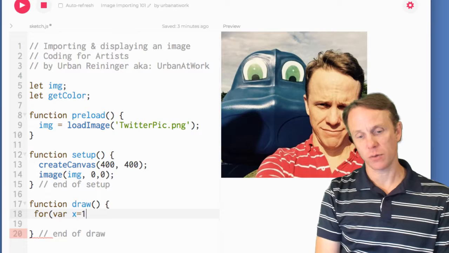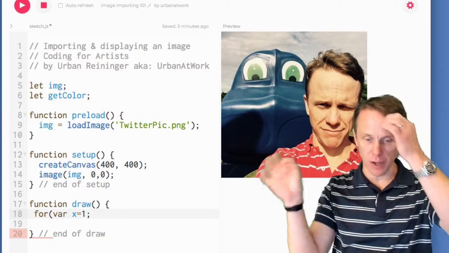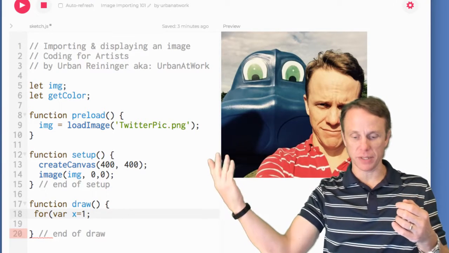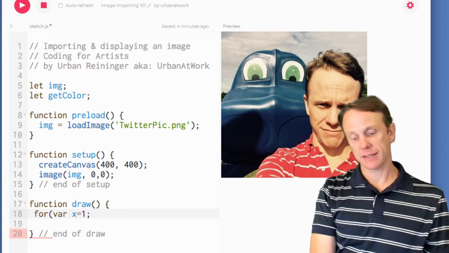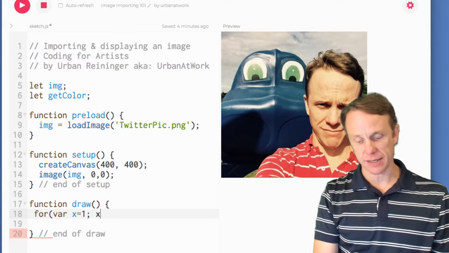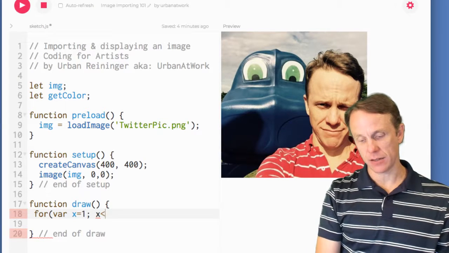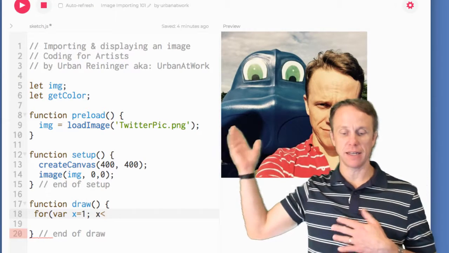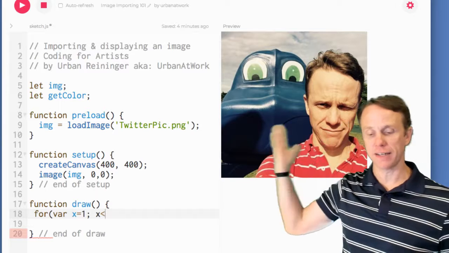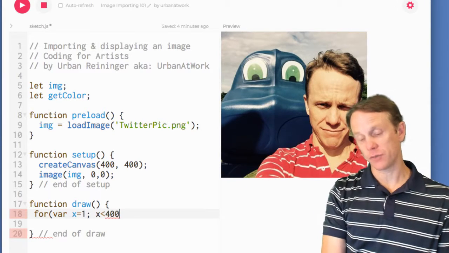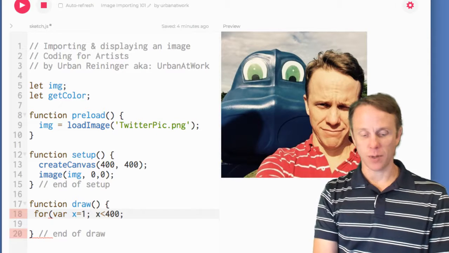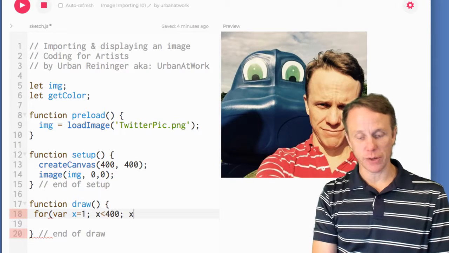Let's do x equals 1, because that way it's actually on the screen. If I pick 0, then it samples something there. It's going to be black. So x equals 1, and then I'll say as long as x is less than the width of whatever my screen is or what my image is. In this case, I know it's 400, so I'm going to pick 400, semicolon, and then I will do x,